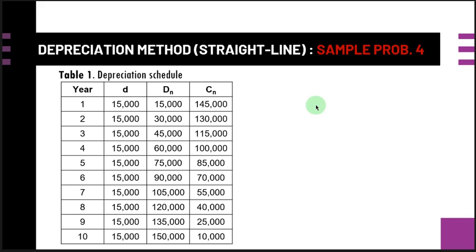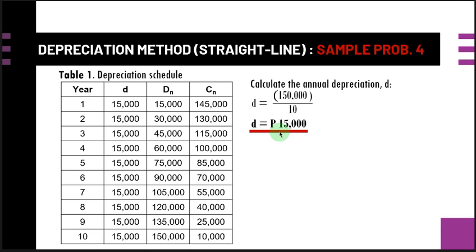Okay, so we are going to calculate the annual depreciation, which is our small d. Our small d is just equal to C sub O minus C sub L over L. Since our adjusted value, which is this 150,000, we are going to divide that with our useful life L, which is 10. So we can get our annual depreciation d equal to 15,000. That is why during the first year we have this 15,000.